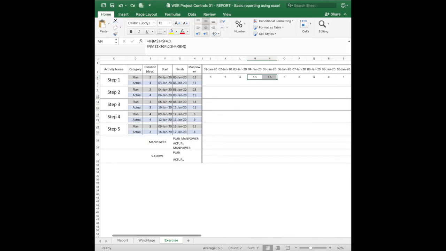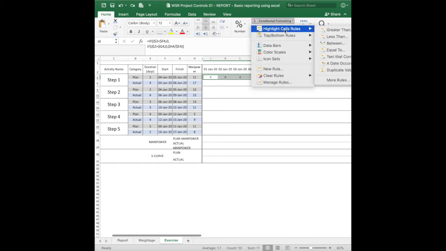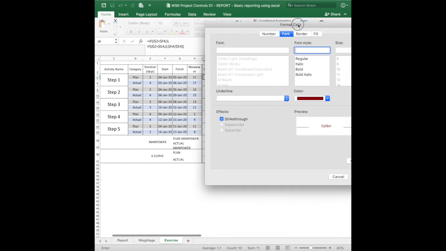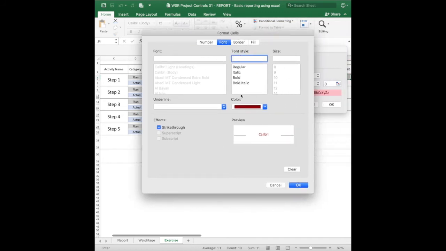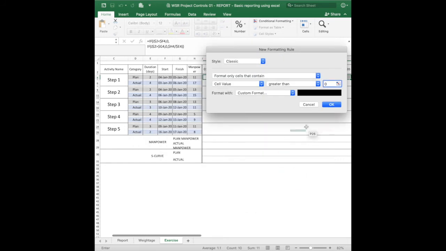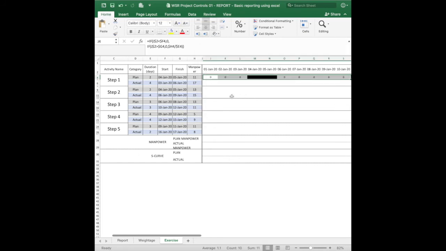Right. Now to color this, we go to conditional formatting. I'm going to highlight everything and go to conditional formatting, highlight cells that are greater than 0, and do a custom format for our fonts. I'm going to put it as black because our fill, I'm going to make it black as well. There. Right, so you see the bars that is inside 4th and 5th is blackened out,